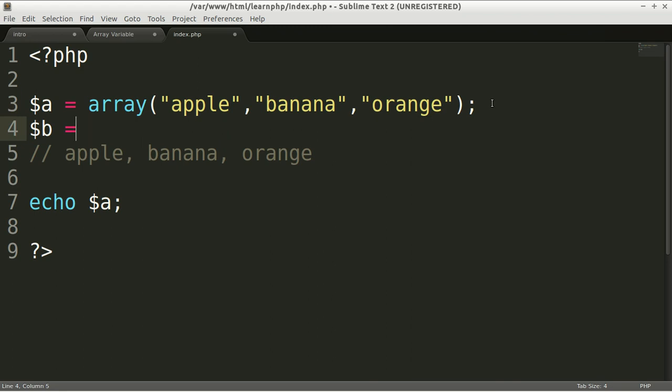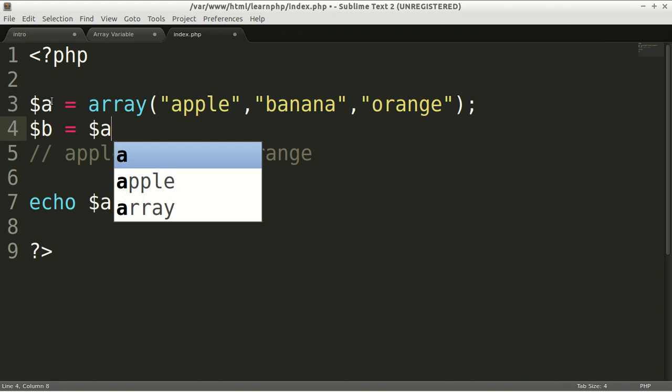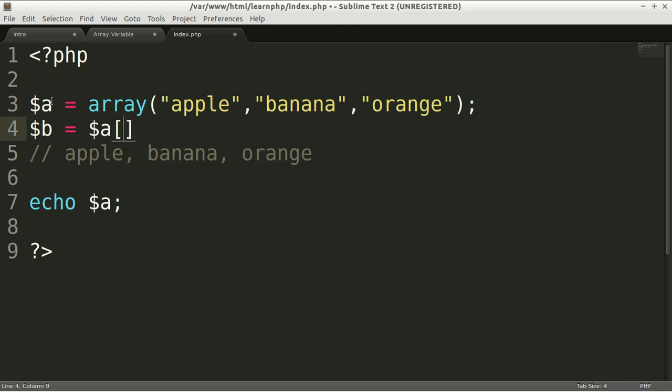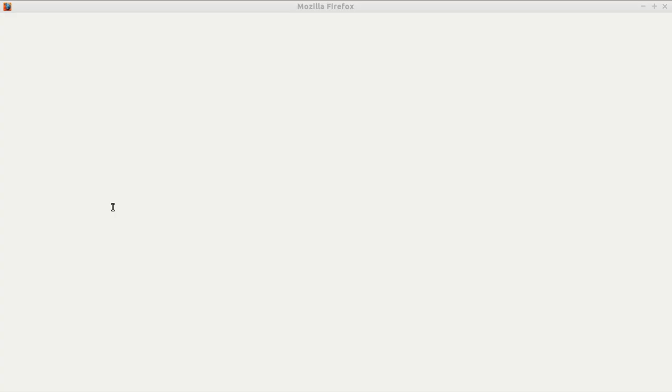Let's practice it. Okay, so I want to create a new variable which contains a value of an array. Let's say I want to output an apple with echo. Then I need to create a new variable and the name of the array variable, and you give it an index. As I told you before, apple is 0, banana is 1, and orange is 2. So I want to show apple, then I write a0, which means this is an array variable and I want to output the first value of the array. Okay, so echo b variable,